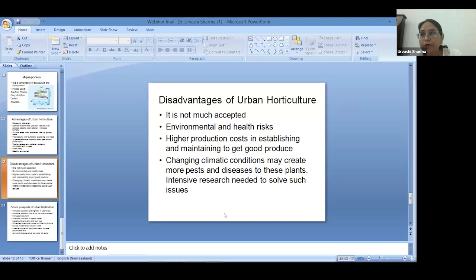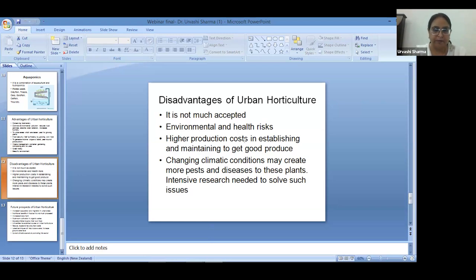And there are higher production costs in establishing and maintaining, to see that there is proper pH, and also anything which we do artificial requires production costs. So that we have to keep in mind. It produces good produce only when we take care of the system through which we are cultivating the crops